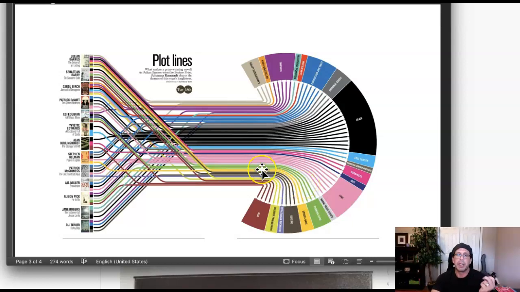I think it's fantastic. At first, it looks a little daunting, but when you break it down, it's really easy to follow. So you can kind of see the different actors here, and you can see where their plot lines are just by following a line. And we have all these different categories. So this is really a simple infographic, very effective. It's actually very beautiful and easy to follow. So it's very well structured. Even though at first glance it looks to be a little complex, it's not. It's actually very, very simple. So I think this is a really good